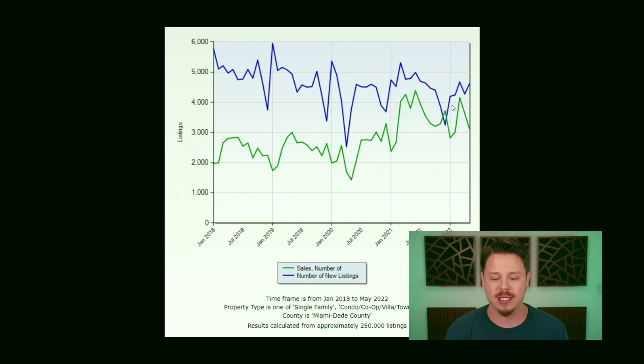And then as these lines get closer and closer, the market's tighter, but look what happens here. Boom, right there, you have January, February, March. Well, what happened in March? March is when interest rates started to actually move substantially from what they had been previously. And it was really more like April-ish, if we want to be honest. But if we want to be thorough and accurate, what we have here is last minute purchases before those rates went up, because